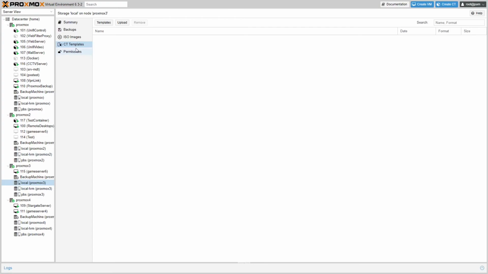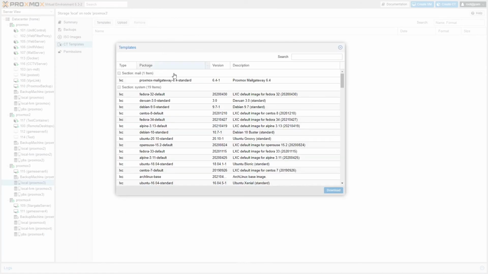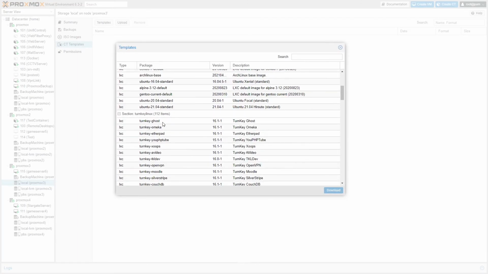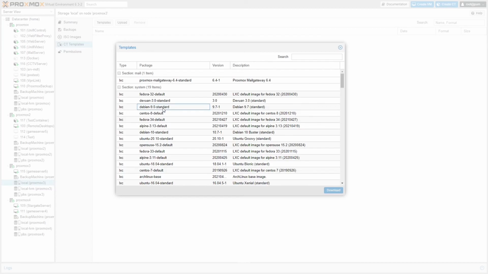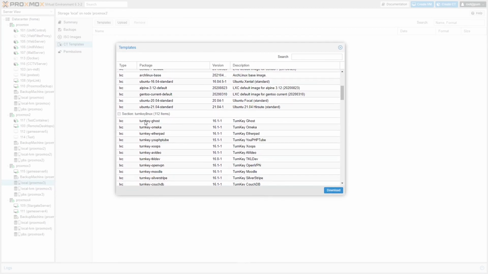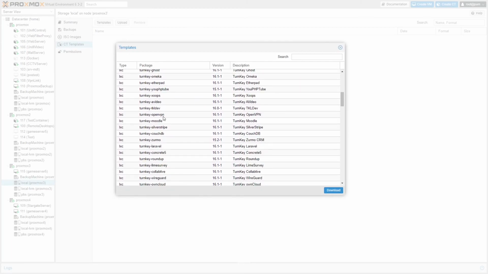Right, so if you go to CT templates under ISO images and click templates, these are all the templates that you can download for your containers. So you've got your regular Debian, Fedora. There's also some things called TurnKey Linux, which are pre-configured containers that